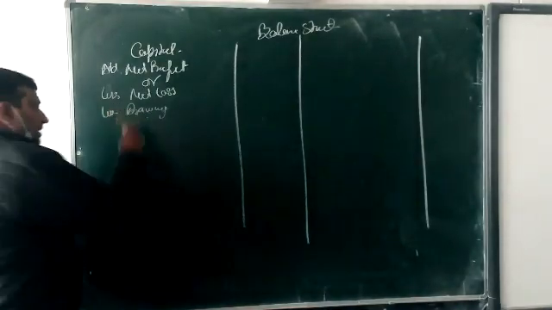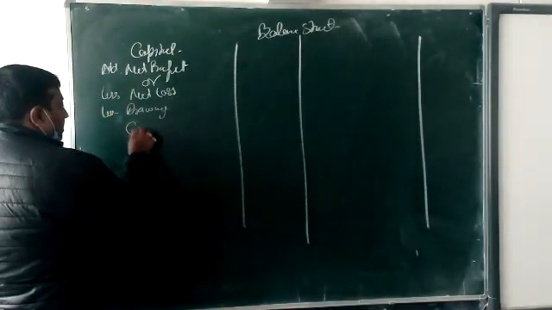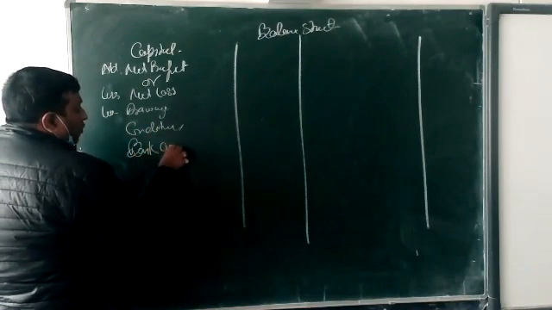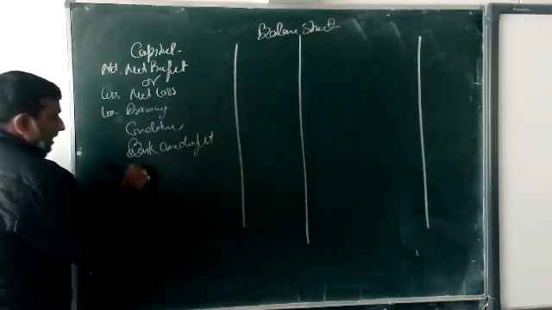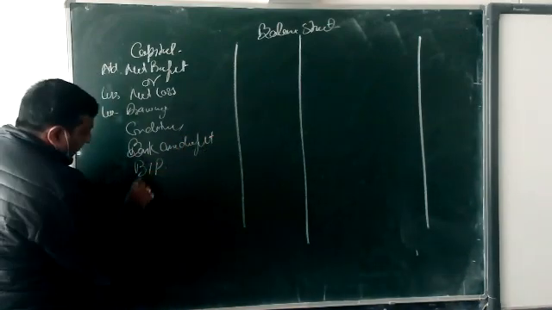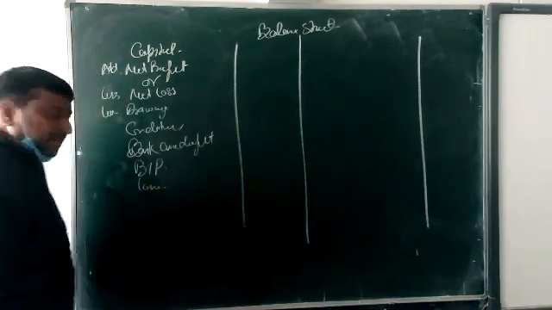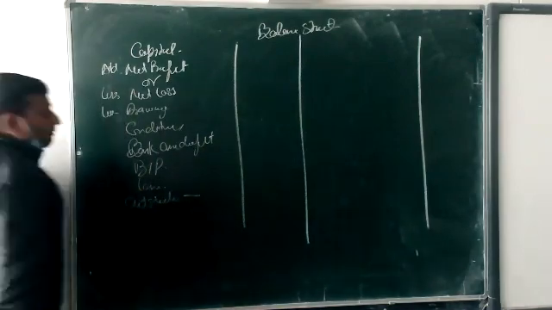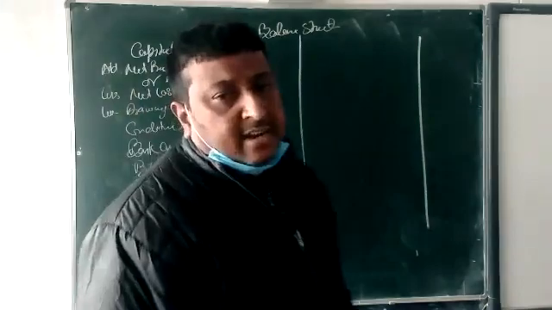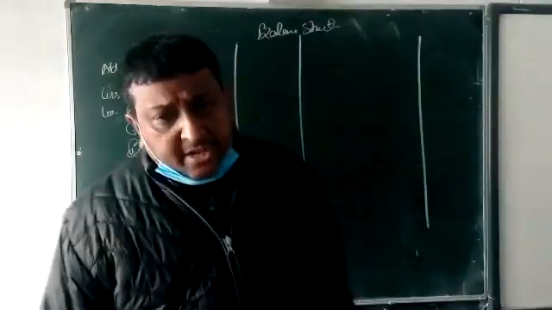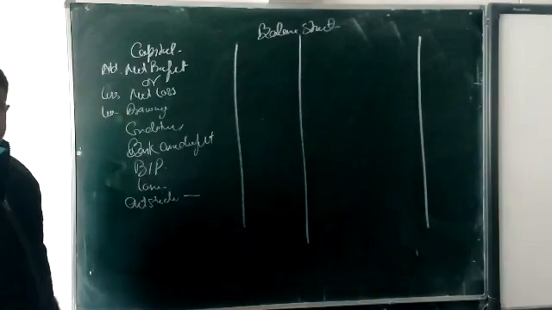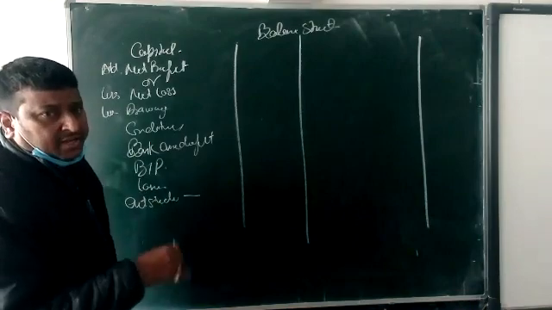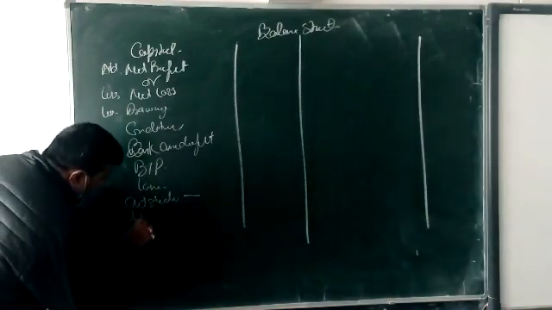Okay. After this, we are putting all liabilities: creditor, bank overdraft, bill payable, any type of loan, okay, beta, and then outstanding. Any type of outstanding that is given: outstanding salary, outstanding rent, outstanding commission, what you have not yet paid, that we are putting here. Okay, and then advance income. What advance you are receiving, that will be here. Okay, advance income.